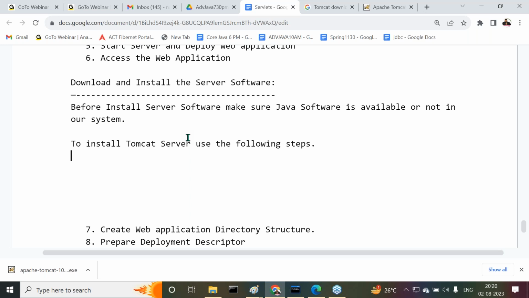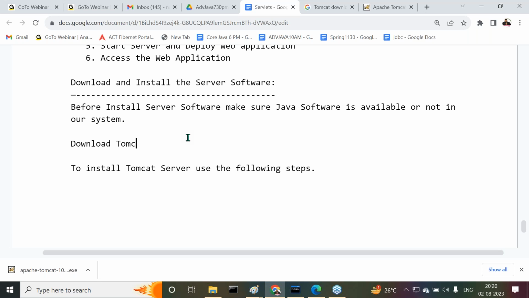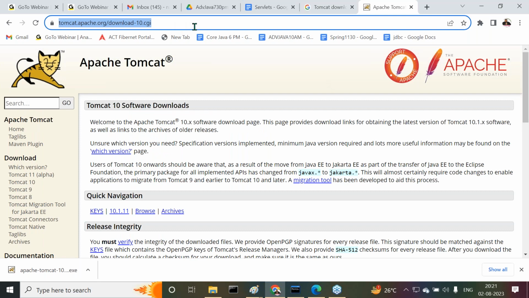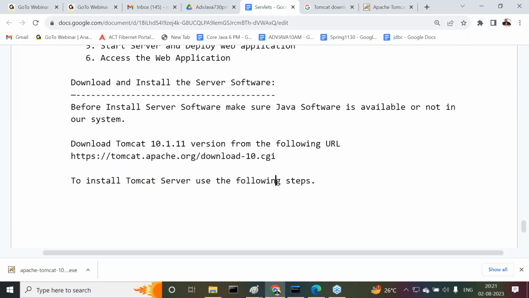First one is: download Tomcat 10.1.11 version from the following URL. Anyway, I'm giving some steps to you for your awareness. It's a matter of one minute. Now here, the steps we have to do. Then what we have to do there, double click on